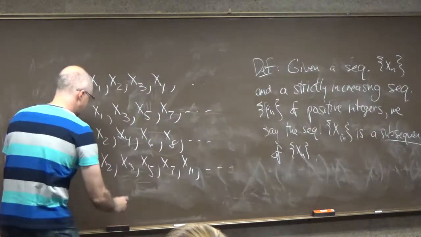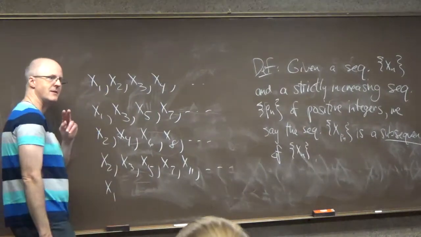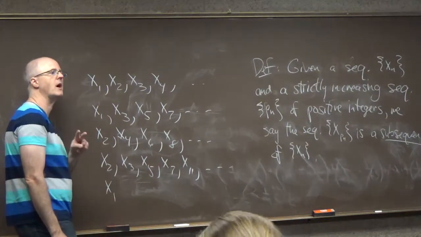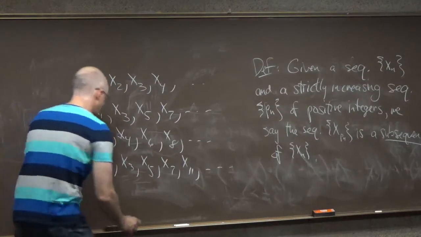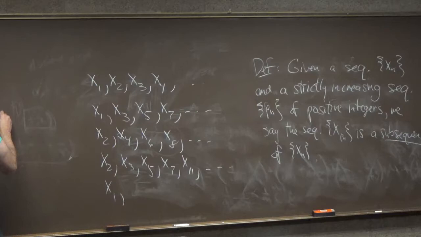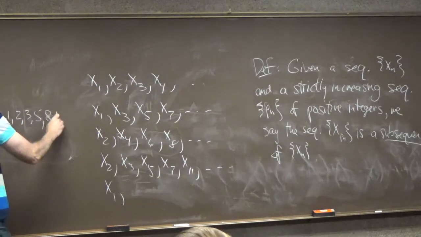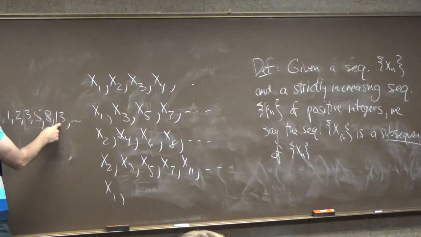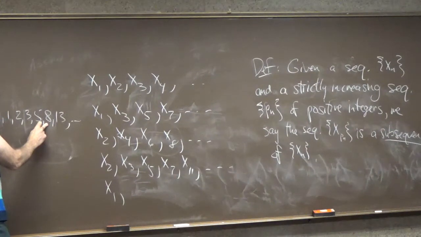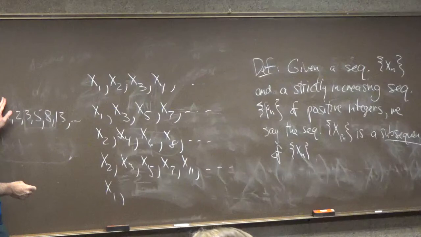You could pick Fibonacci number subscripts, although technically, the first two Fibonacci numbers are both 1, so you'd have to exclude the first one. The Fibonacci sequence goes 1, 1, 2, 3, 5, 8, 13. You know how to make that? Any term is the sum of the previous two terms, but it starts with two ones. You'd have to exclude the first one because otherwise it would not be strictly increasing.